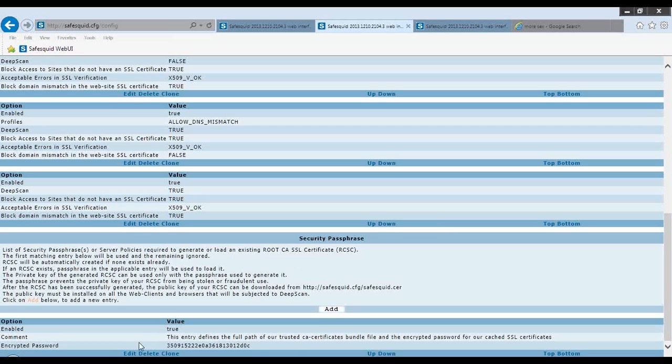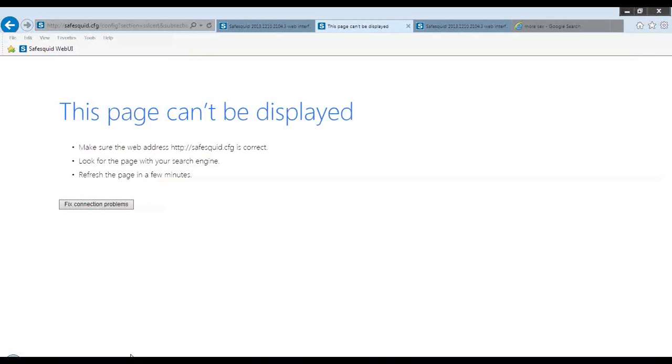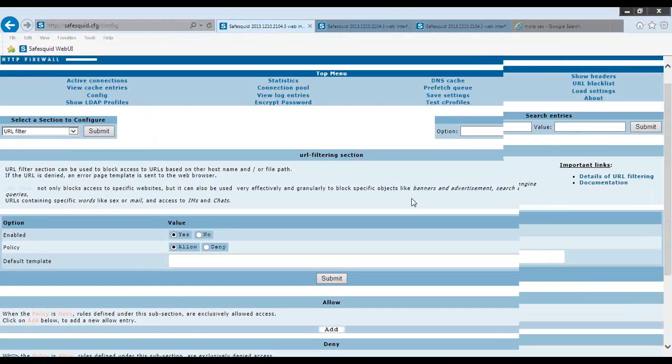Now, to generate these SSL certificates, you need to first generate your own root SSL certificate.